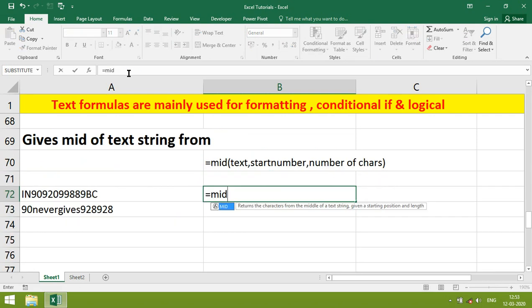MID returns the characters from the middle of the text string given a starting position and length. In this case, we want only numbers, so we write starting point 3 and number length 10.